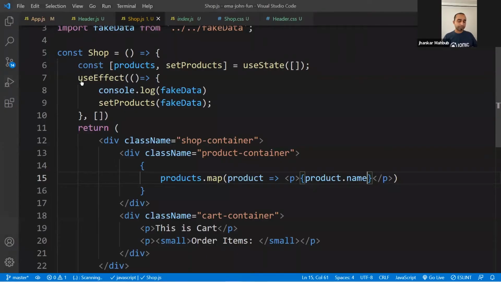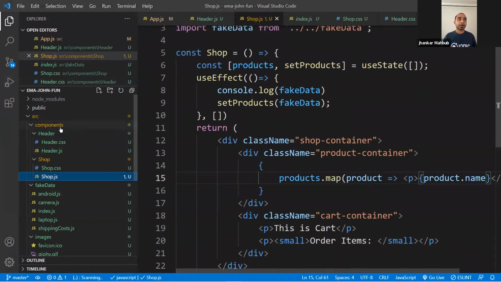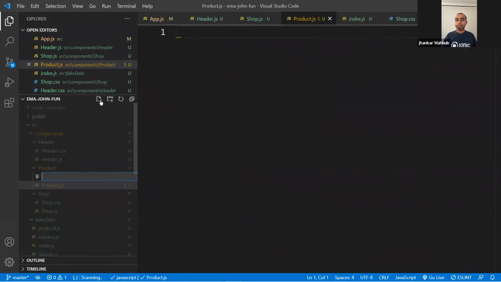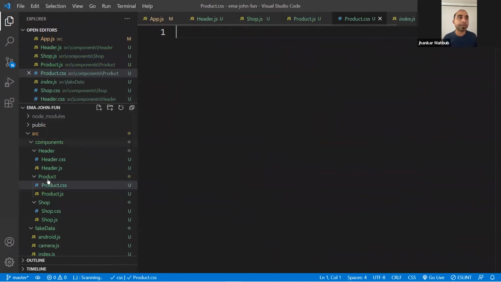And declaring a component is a piece of cake for us. You already see the components. Click on this components folder, click on this plus, and then you will type product, because this would be your product component. And inside the product, you can create two files: product.js and another one, product.css. So we are creating two different files for pretty much every component, right? Header has header CSS, product has product, shop has shop. So if you create your X component, that would be X and X.css. That's super easy. You can do it.